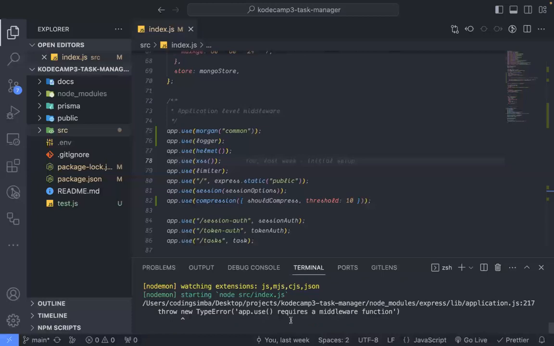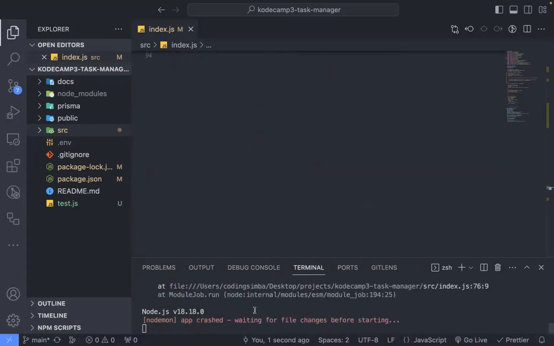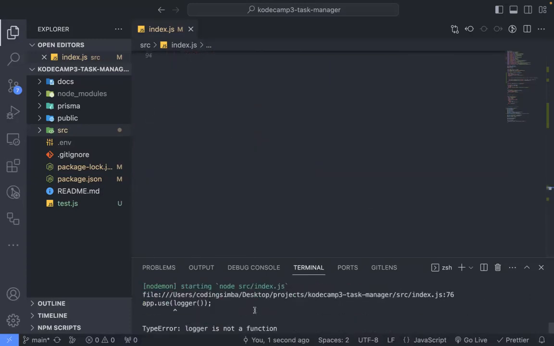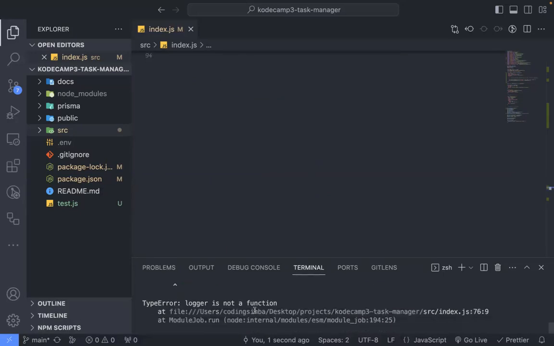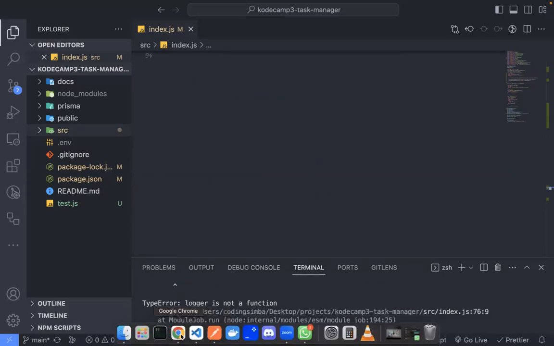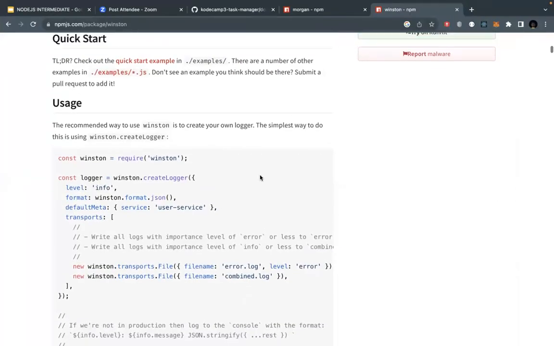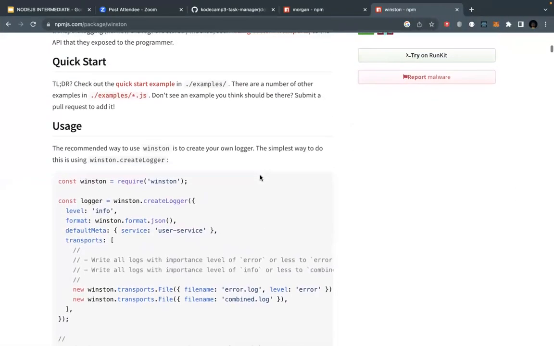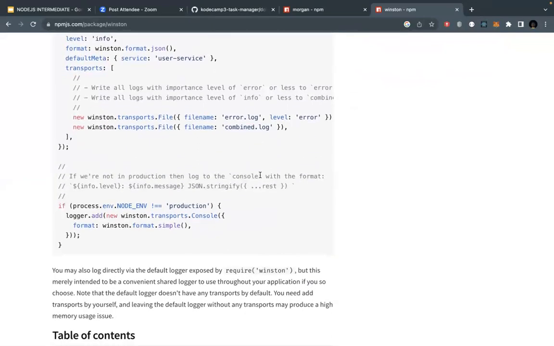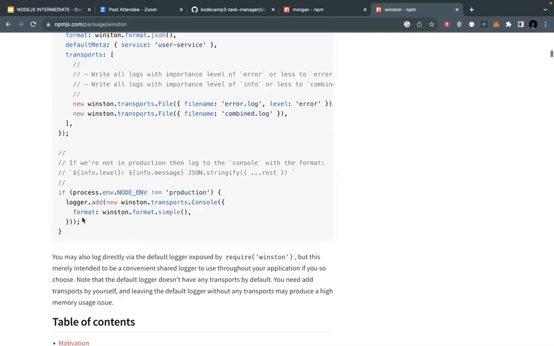Okay. App.use requires a middleware function. A middleware function. Okay. What are we supposed to call it? Like this. The logger is not a function. Oh, oops. So okay, I think